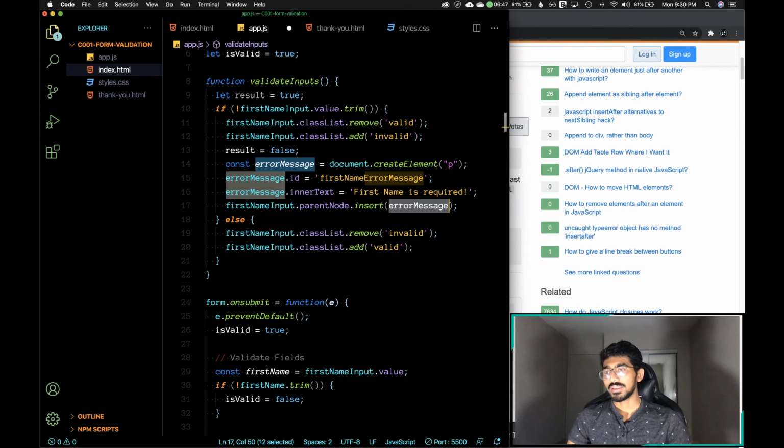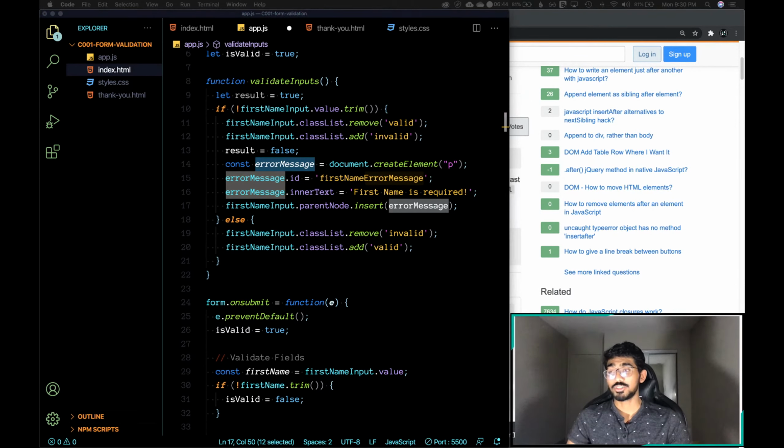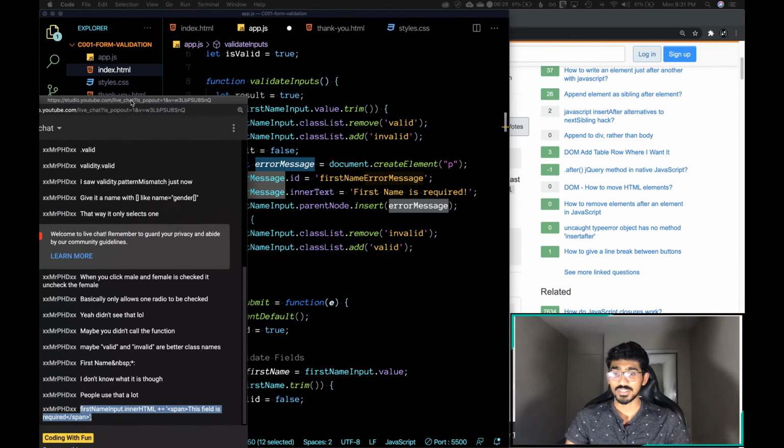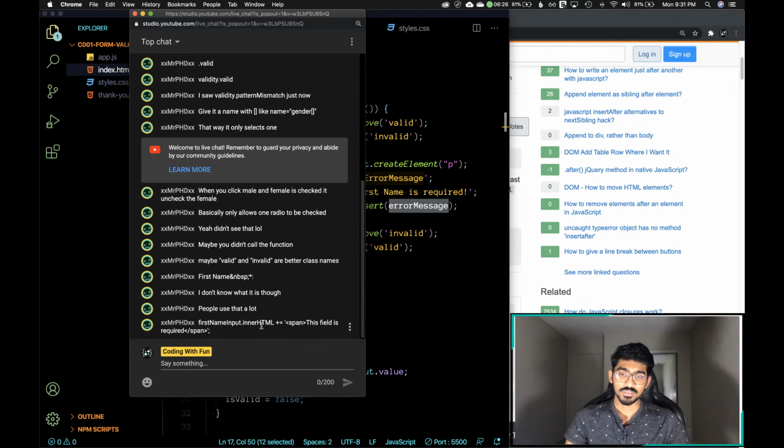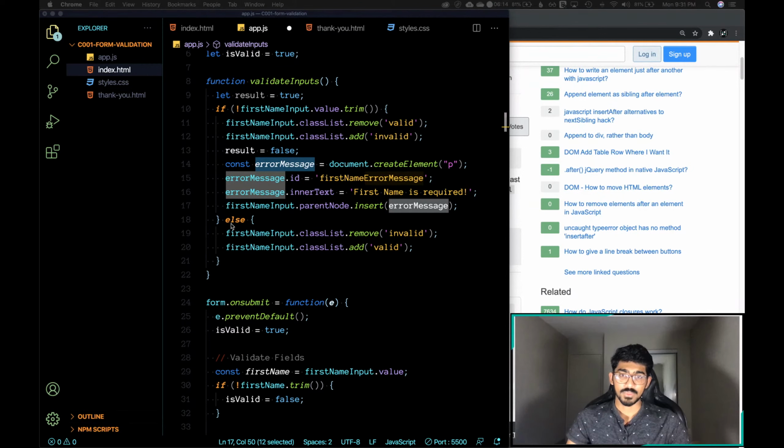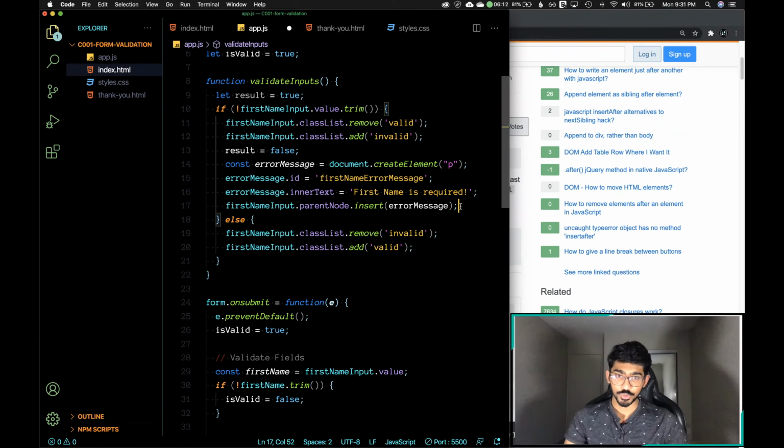Yes, we can definitely do that, but when we will need to remove that error message, I think that at that time we will be having issues with the way you suggested by changing HTML. So if we go with this way, we will also need to give an ID to the span. So what I'm planning to do is, at this point we will do something like this. Otherwise,